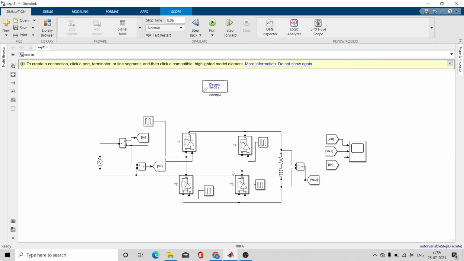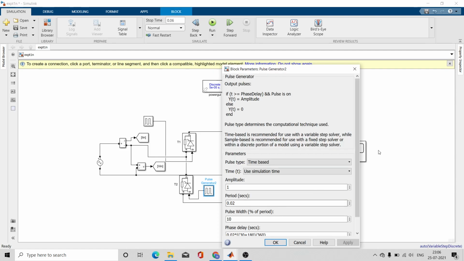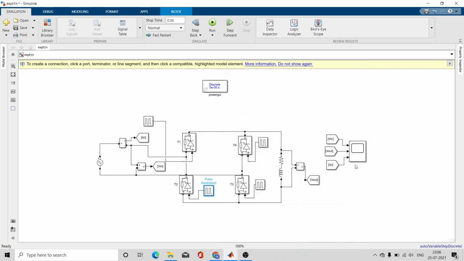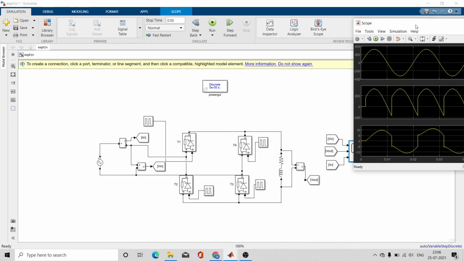So while giving the firing angle, it is very important to give it in proper brackets. You have to give the brackets like this: when you add 30 plus 180, you have to write it in brackets, otherwise you will get some different output. So you can see in the diagram, let me drag it over here.